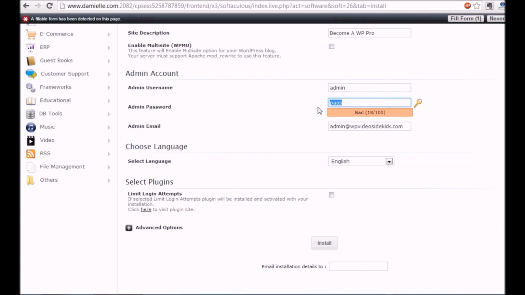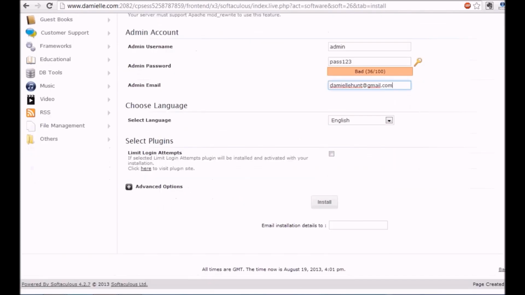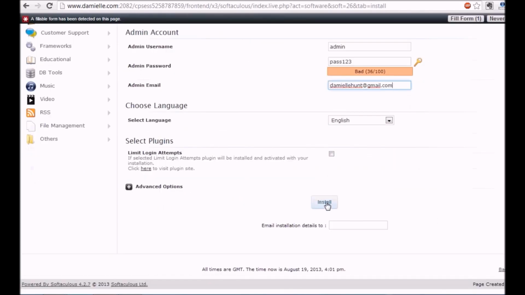Now, because this is a demonstration video, I'm just going to leave the username as admin and just create a password, because of course I'm not going to use this for any serious purposes. And you just want to add your email, and this will be used for communications from the site to you. So if there are updates, if there are comments to be approved on your site, then it will go to that email. So then we just click install,